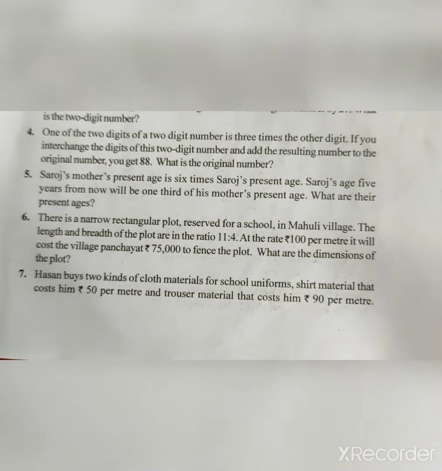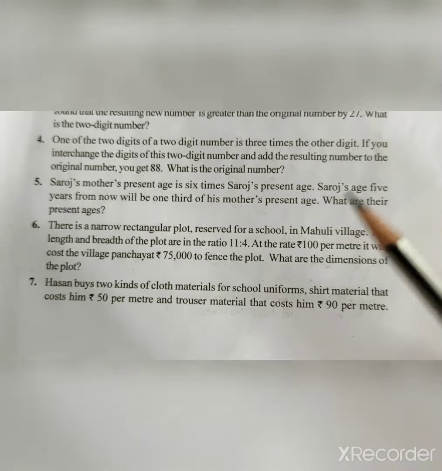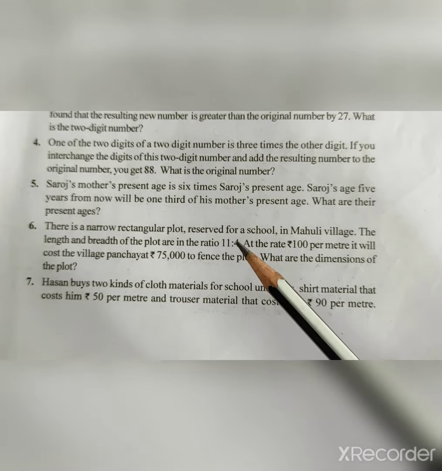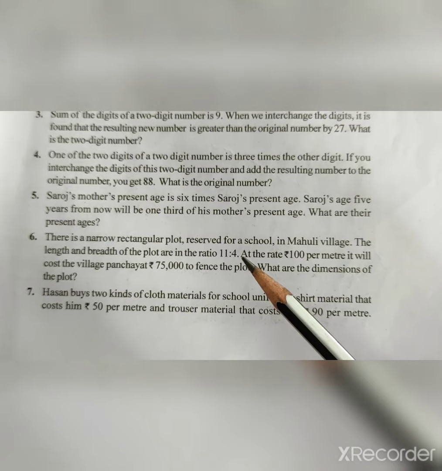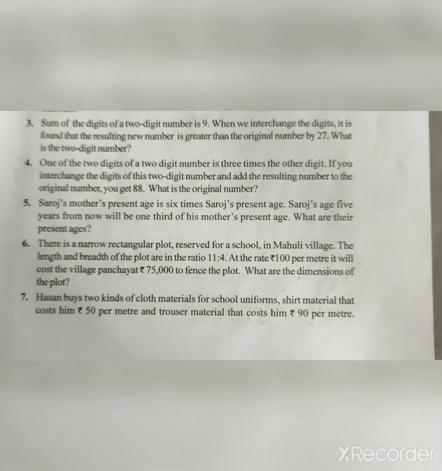That means first we will calculate the perimeter, and then first the ratio is given, so we will multiply the ratio by an unknown number. The meaning of ratio is, if a ratio is given, we multiply by a common number, so we will get the actual value. Okay, so let us start the solution.